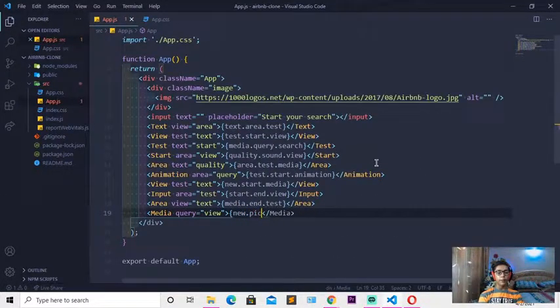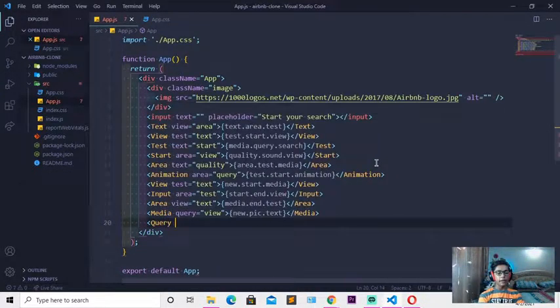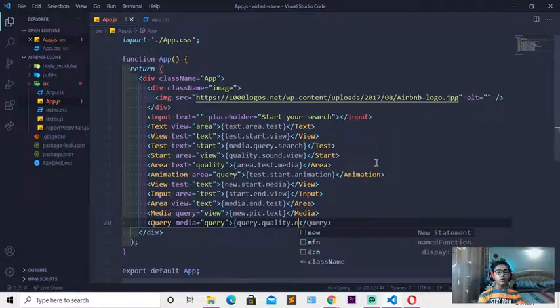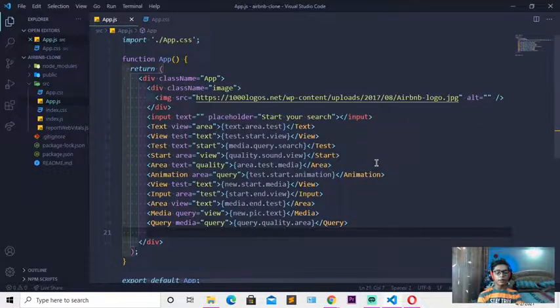and I'll write pic. Then you can write here like text. If I write that, then close, I'll come underneath, create query, and write media. In that I'll write the query tag again, close here. Then you have to come here again and write query dot quality. Then here I'll change that to new, or you can just write area here. Then close that by writing this,